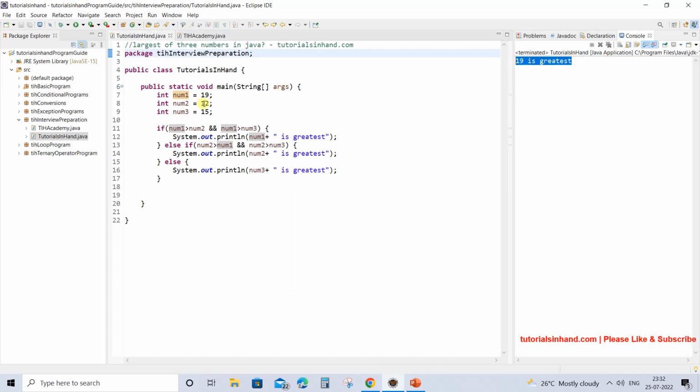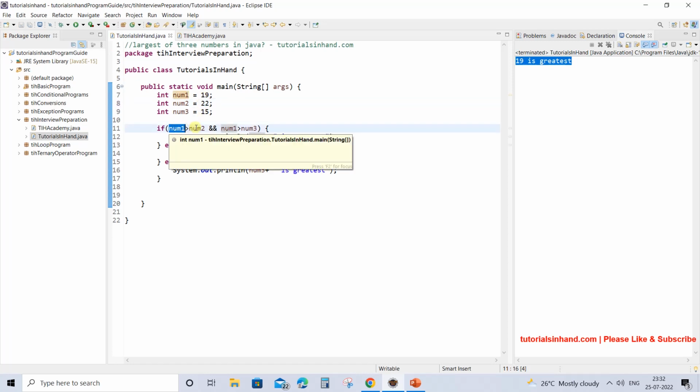Now suppose we change this one for num2, and now what will happen is we will check whether num1, 19, is greater than num2, 22. 19 is greater than 22 will turn out to be false.